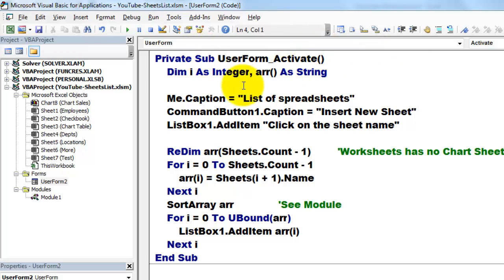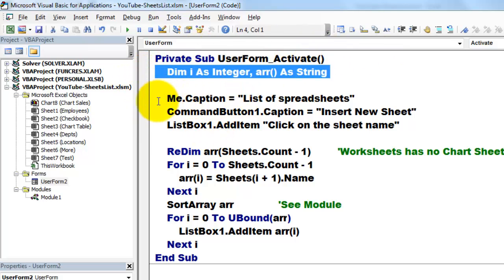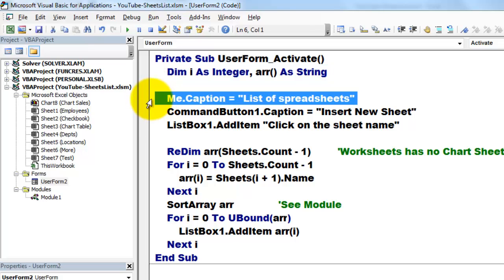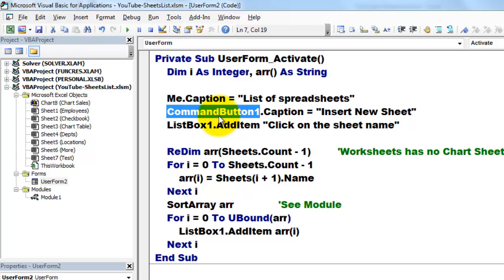And in the user form activate event we declare two variables, and then we give the caption to me, the user form, equals list of spreadsheets. Command button 1, I didn't rename that command button, dot caption, insert a new sheet, and then we are going